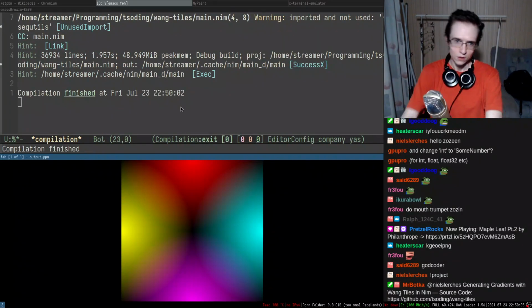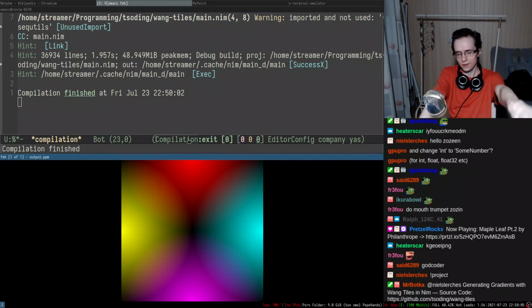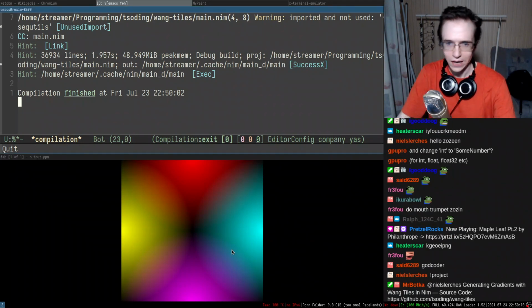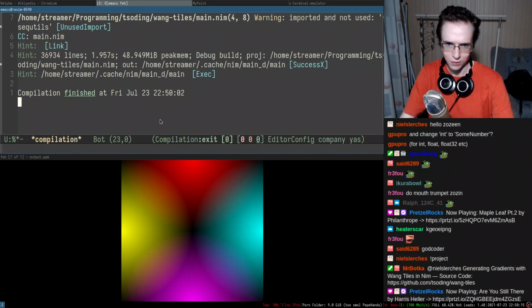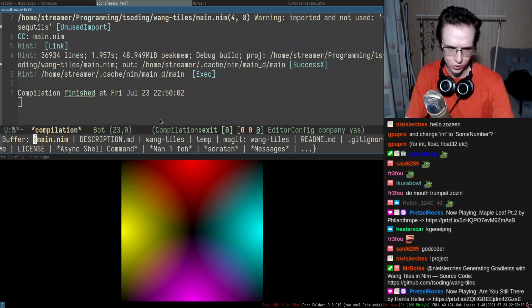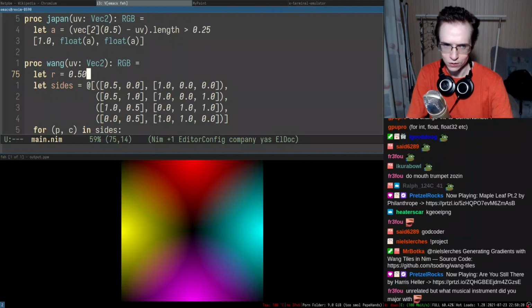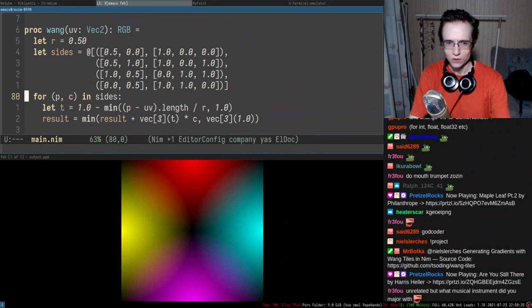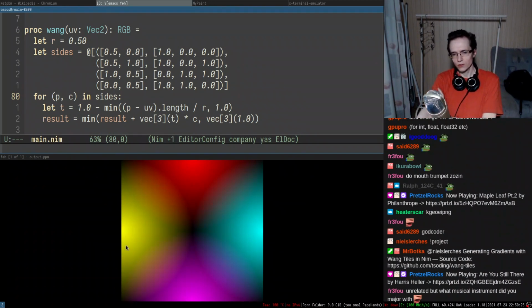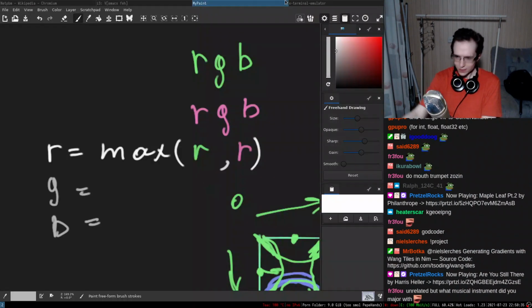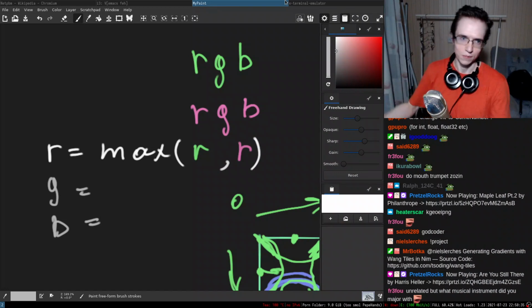Okay. So we can now try to use that as the Wang tiles, probably. I want to actually these things to somehow cover the corners, but I'm not sure if it's going to work really well. Right. So let me try to do the radius a little bit bigger. You know what? I think my problem with this thing is that it starts to fade away right from the center. Right. I want to have something like a rim.